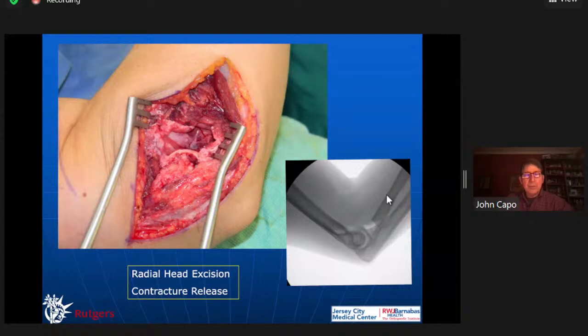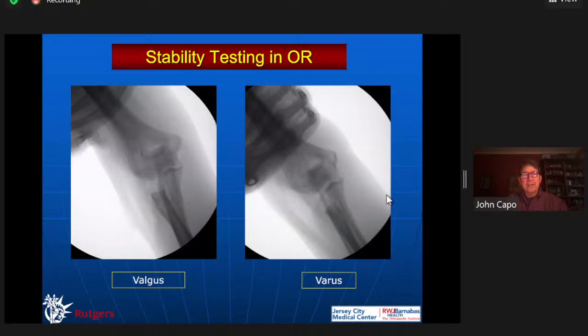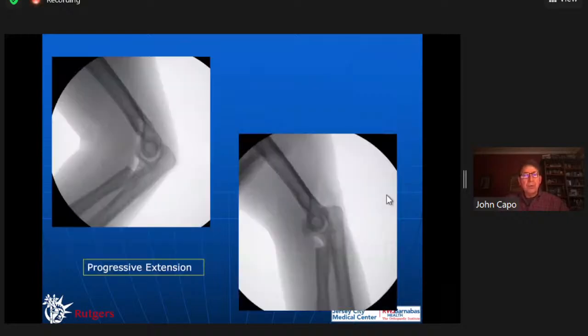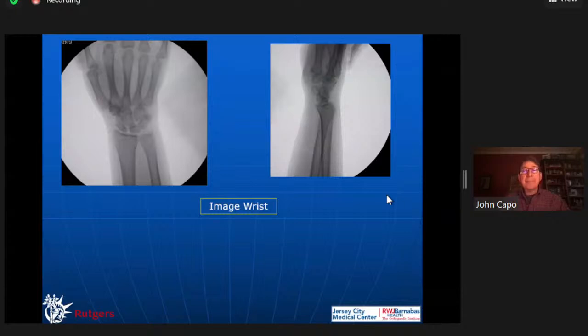So if you decide not to replace it for some reason, or you don't have one, what do you have to check? I think it's important to realize what the radial head does. Valgus instability: pronate the forearm and valgus the forearm, and make sure the humeral ulnar joint doesn't open up. Varus posterolateral instability: supinate with varus and valgus load, supinate with valgus and axial load, to make sure it doesn't roll out the back, and look at the lateral as well. And progressive extension: as you extend the elbow, make sure there's no subluxation, because if there's a little coronoid defect with a radial head defect, you might pop out the back. If any of these things happen, you have to replace it.